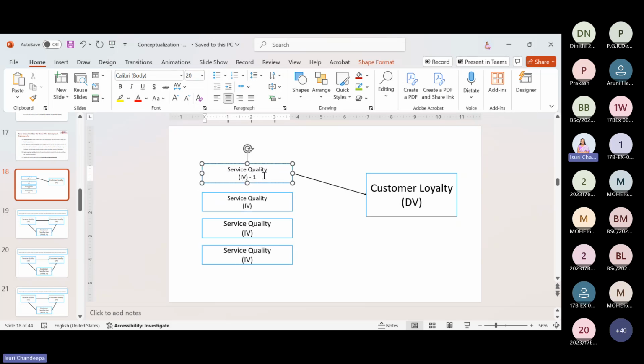We'll take here IV1, here IV2, independent variable, IV3, IV4, independent variable 4. For the service quality, other than the service quality, to make a customer a loyal customer, we'll take pricing,